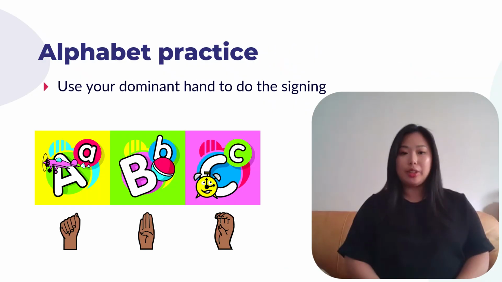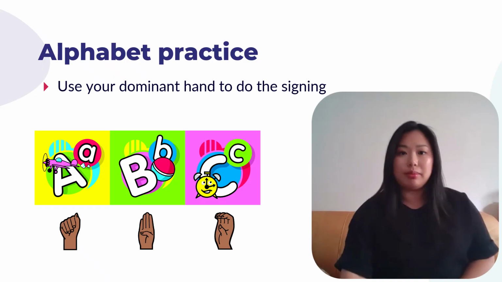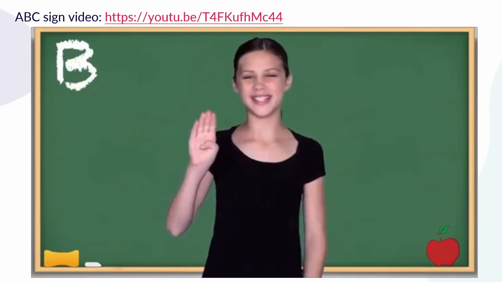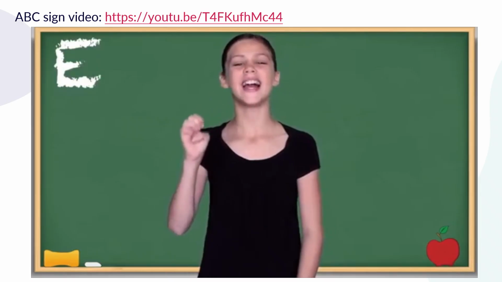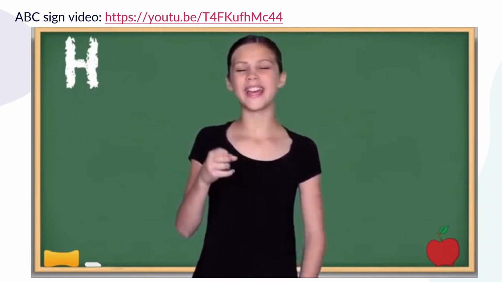When signing, use your dominant hand to sign. I'm right-handed, so I'll be using my right hand to sign. Now let's practice the alphabet. A, B, C, D, E, F, G, H,